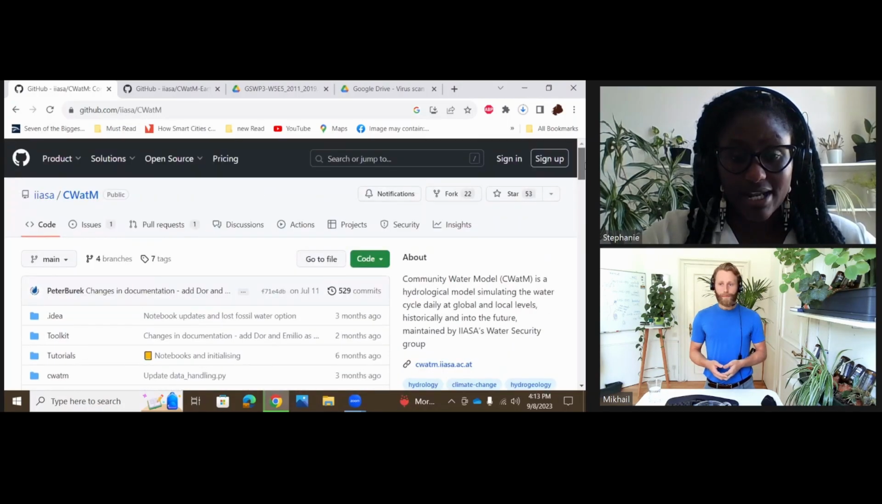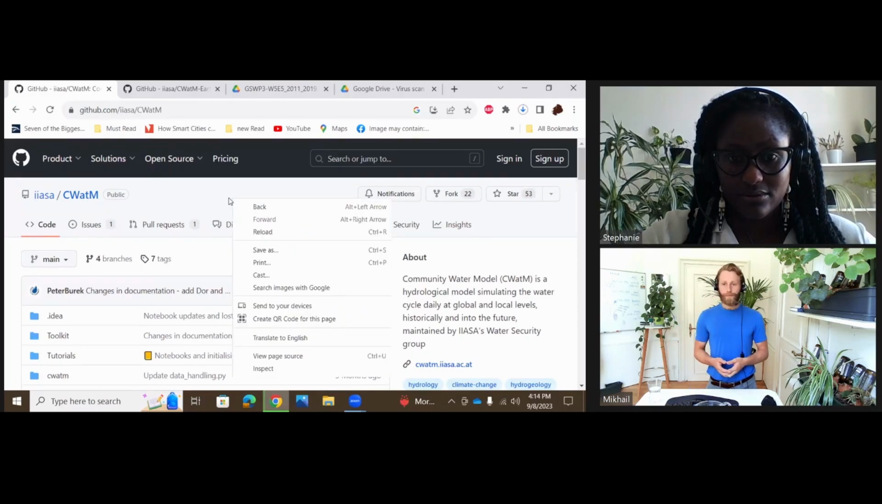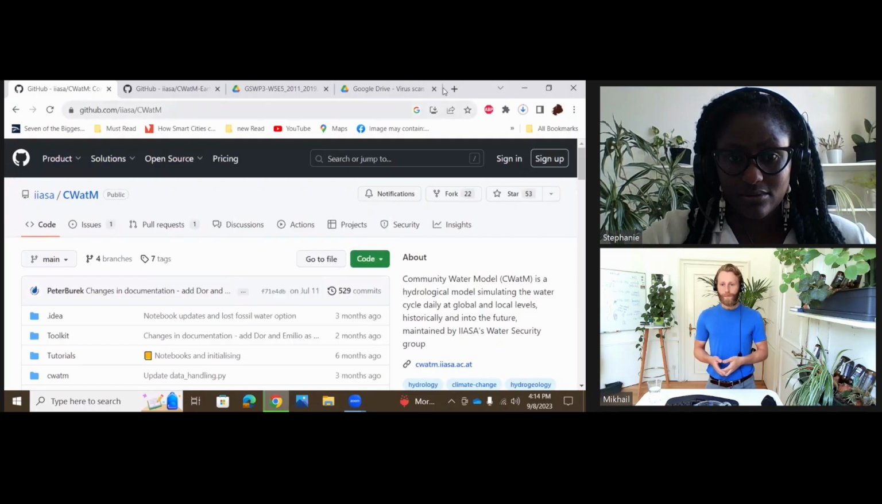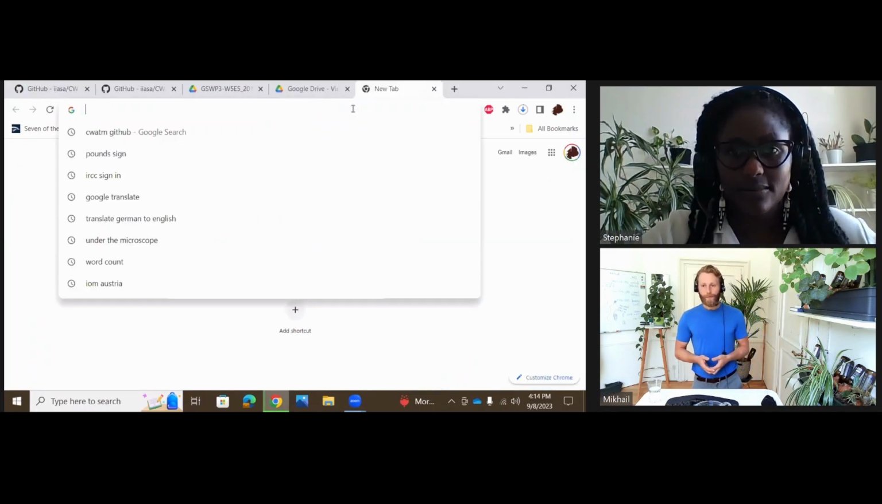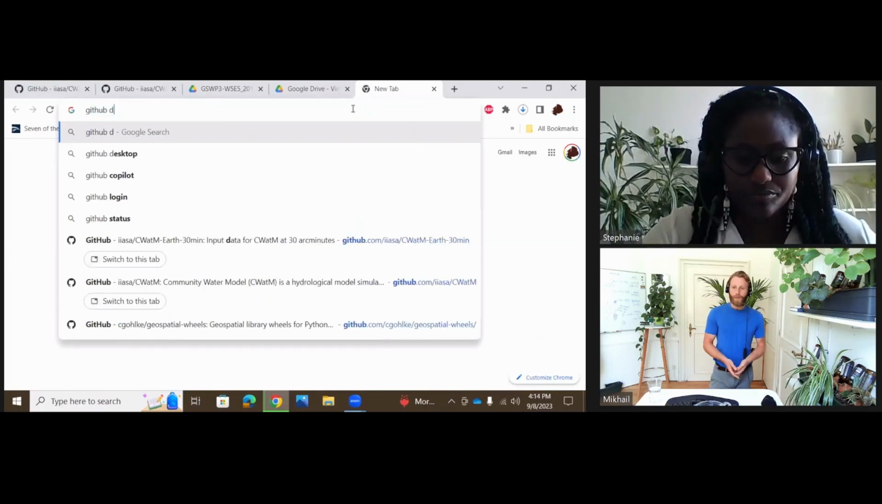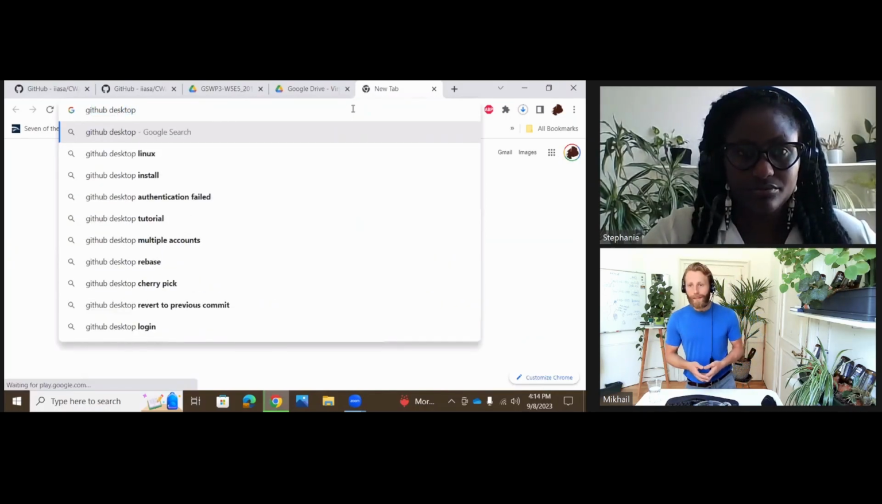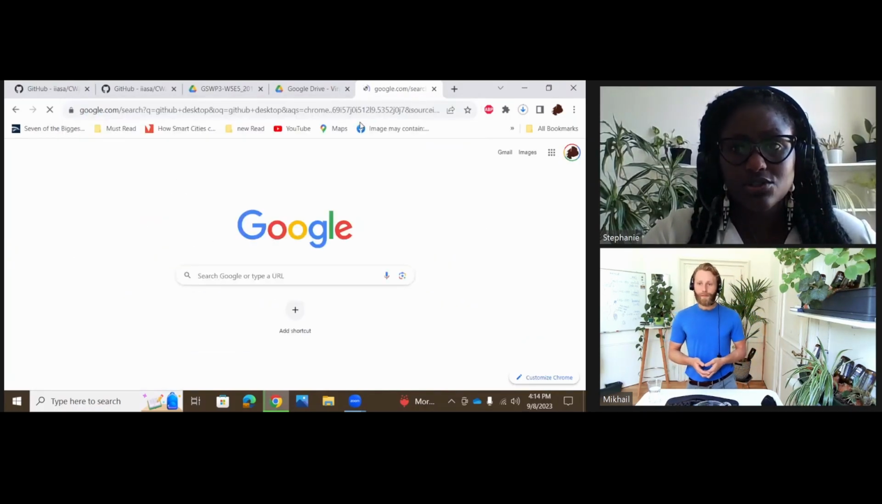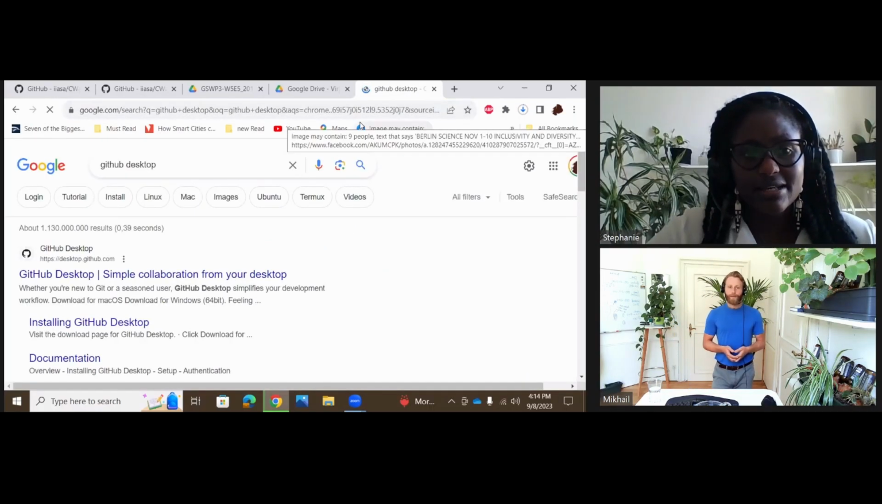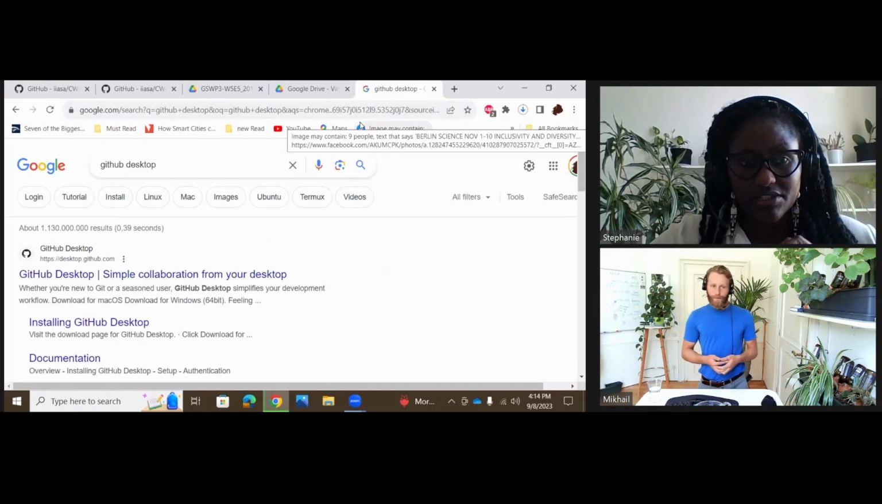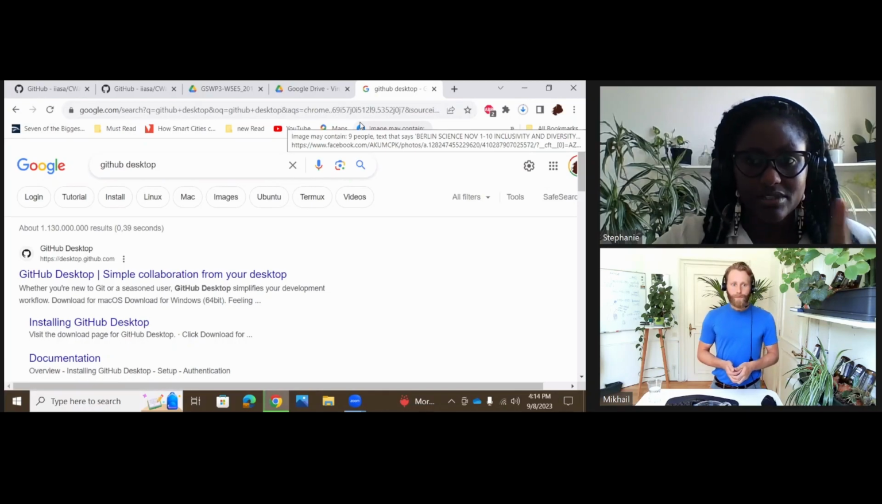So we are opening another tab, and we will search for something called GitHub Desktop. Okay, GitHub Desktop, yeah, DESKTOP. So with GitHub Desktop, we don't look for it within the GitHub tab that we looked at,